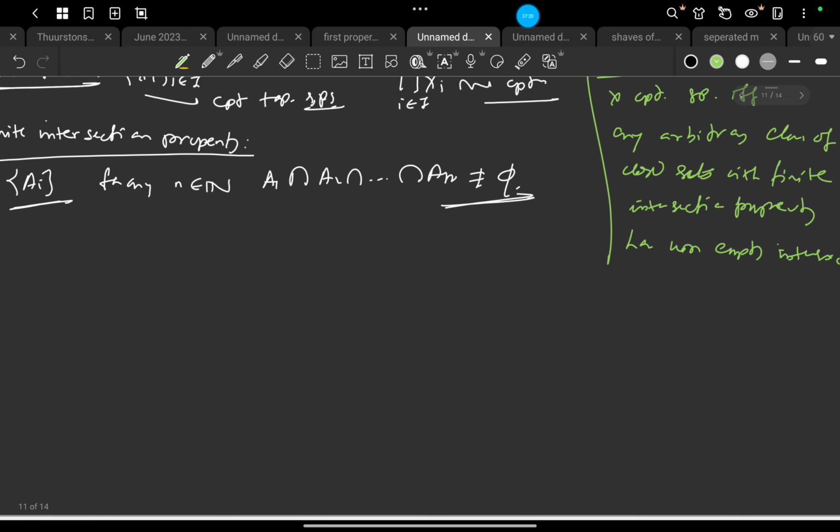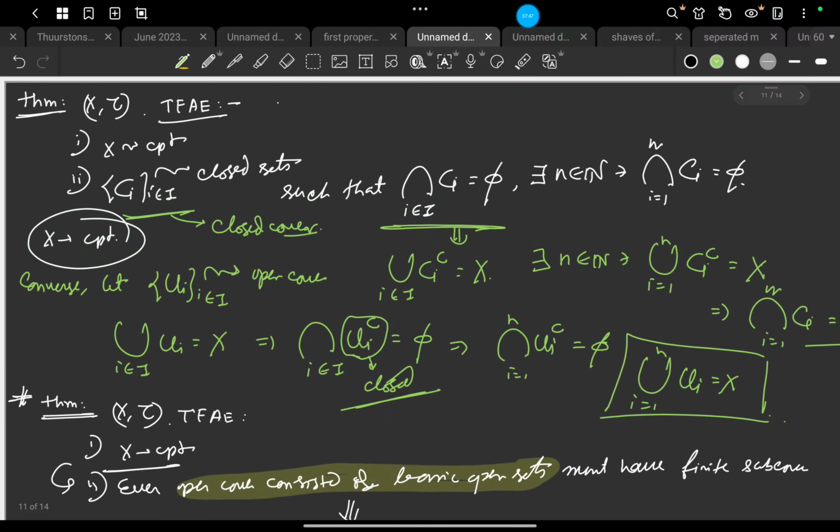Suppose you consider any arbitrary class of closed subsets C_i such that for any finitely many closed sets C_1 up to C_n, the intersection is non-empty, for any n belonging to the natural numbers. By the contrapositive statement of this particular form, if we have this, then there exists a certain family like this.